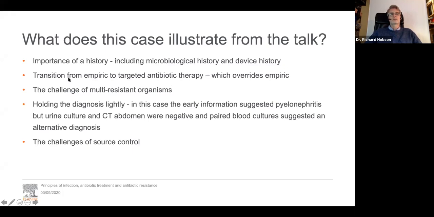Ideally, in that situation, you transition from a broad spectrum antibiotic or combination to a narrow spectrum antibiotic. Unfortunately, in this case, the transition was the other way. Really, meropenem, where we work, is a very, very broad spectrum antibiotic. It illustrates to some extent the challenge of multi-resistant organisms, and unfortunately, the situation is that where you know a